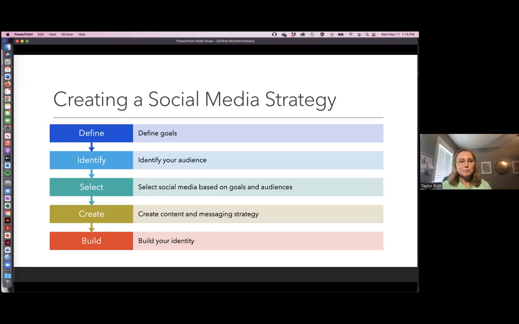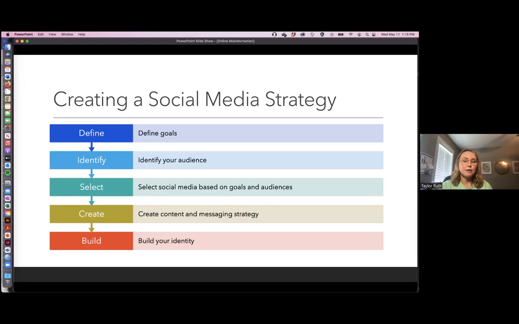So first and foremost, defining our goals and what we're wanting to communicate, and having specific goals for different campaigns, as well as identifying your audience and who you are trying to communicate with. Now, sometimes this might be flipped where you know your audience you need to communicate with and then define your goals. But sometimes it might be, let's figure out what this campaign is about and then identify our audience for who is going to be the most impactful to communicate with.